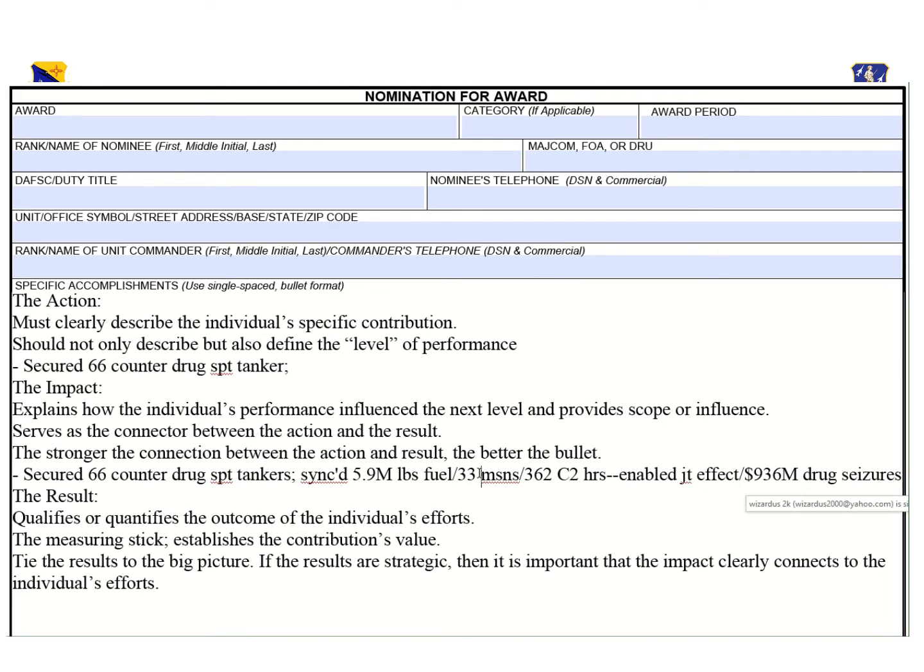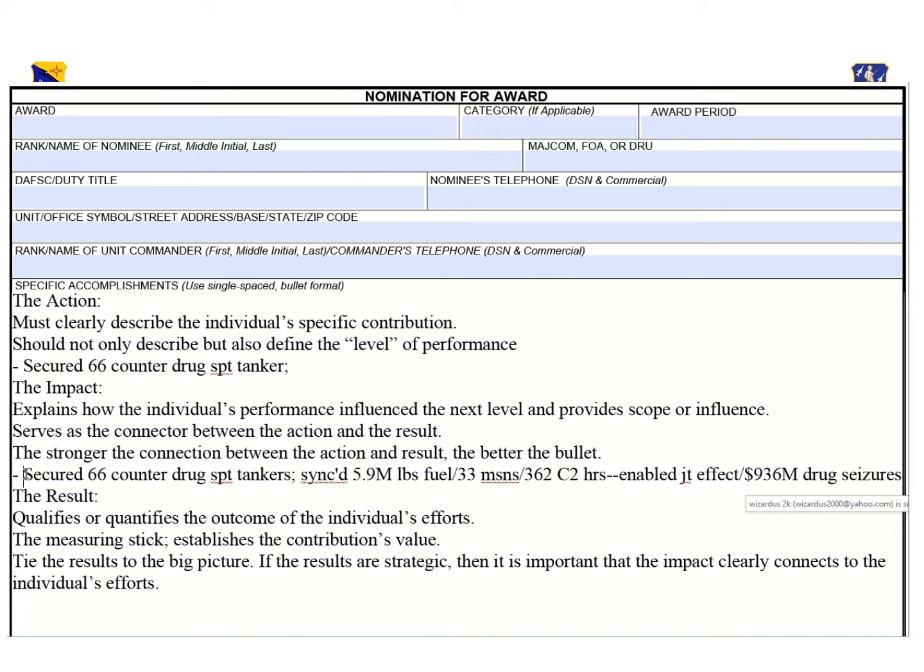Now this is my first draft of a bullet, but I'm sure it will probably not look the same once I do my editing. But it stands true that we were able to apply the concepts here: tactical level, operational level, and strategic level. So this bullet captures all three very well. Not all the time will you be able to see this, but in this case, we're able to successfully capture that.